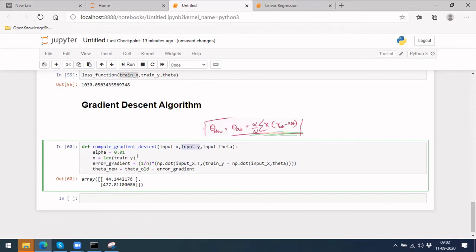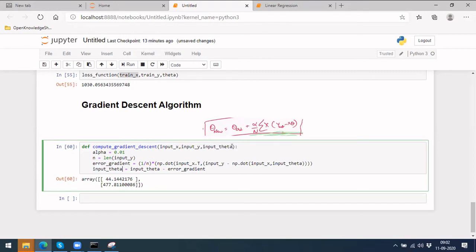Similarly, wherever there is a y, I am going to replace it with this. And similarly, the theta part, I am replacing with input theta. This will be this, and this will be a new theta. We are actually storing it in the same thing, but still it's fine.